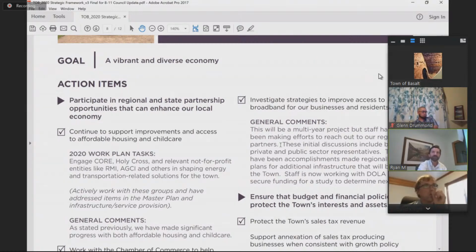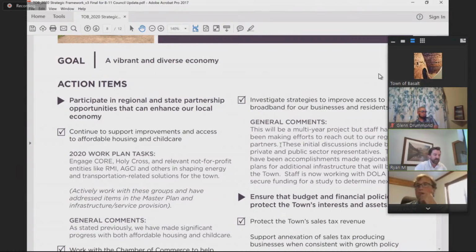So first and foremost, DOLA, I had a conversation with our representative, and we have access to some funding through DOLA to do a study, basically not an engineering study, but a high-level study of understanding the partnerships that exist out there, and different strategies for a town like ours, where it probably doesn't make sense for us to be in the broadband business ourselves. But leveraging partnerships is, in my experience, how that has been accomplished. So a couple irons in the fire, looking at doing that study,